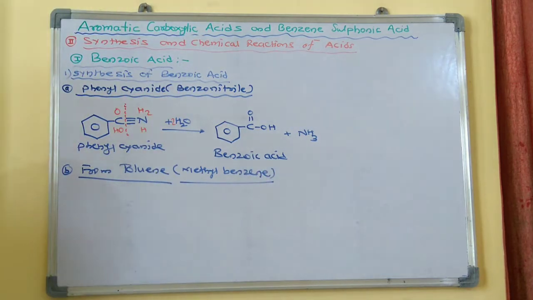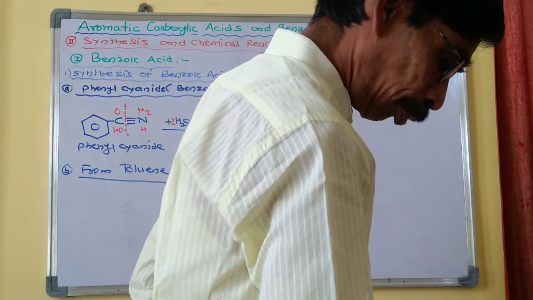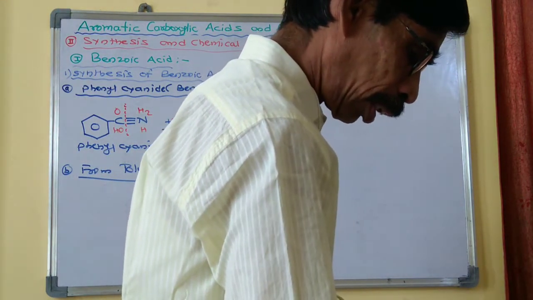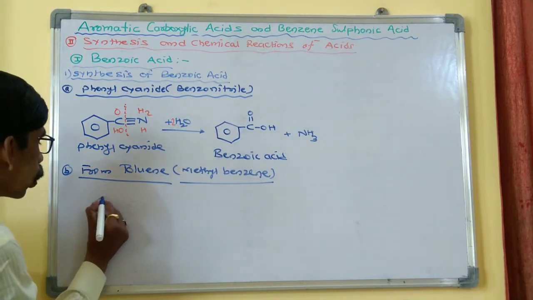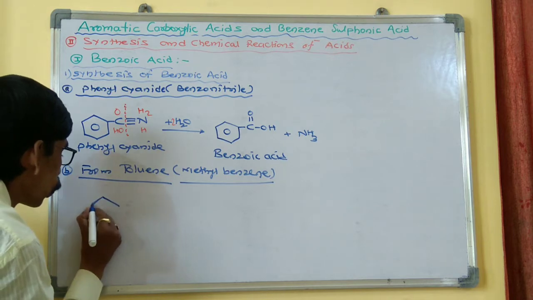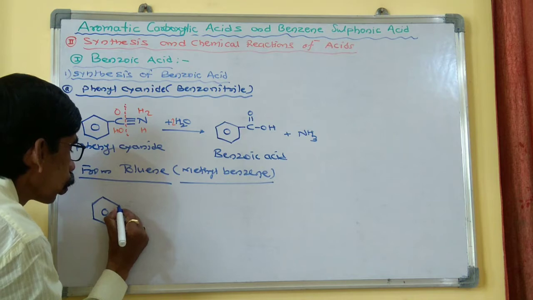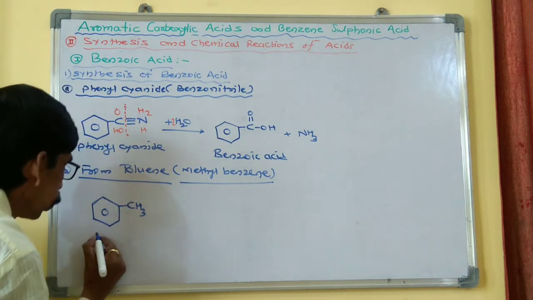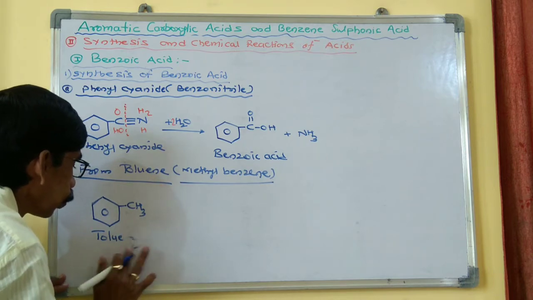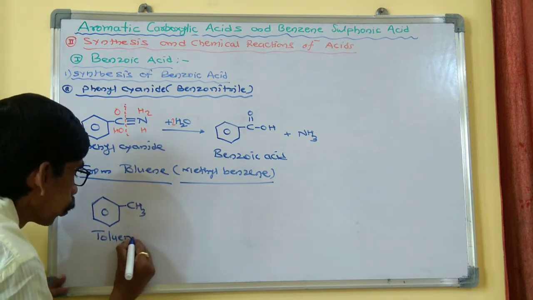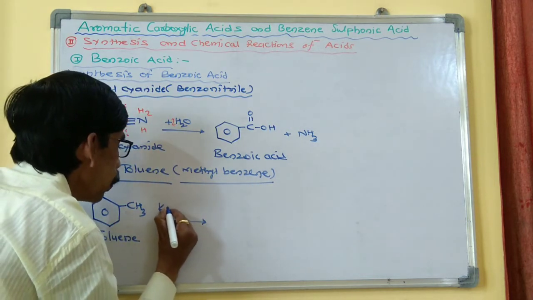Now when this methylbenzene is oxidized with KMnO4 or chromic acid, now this is the toluene, oxidized with KMnO4,